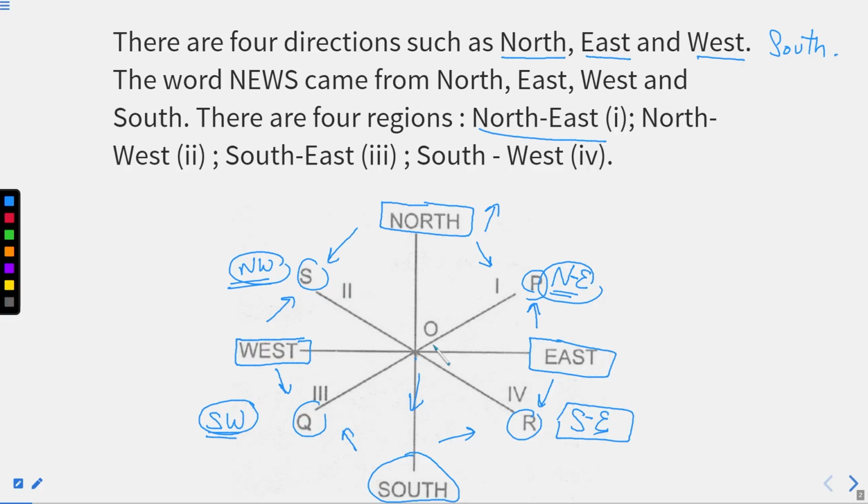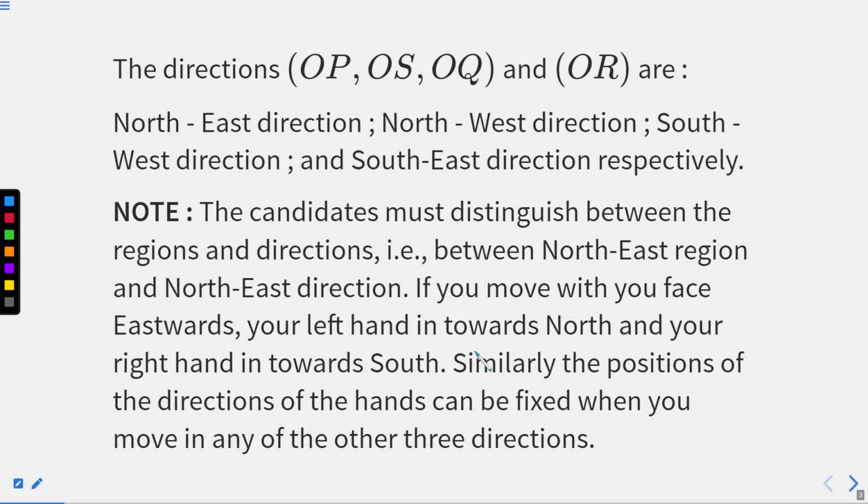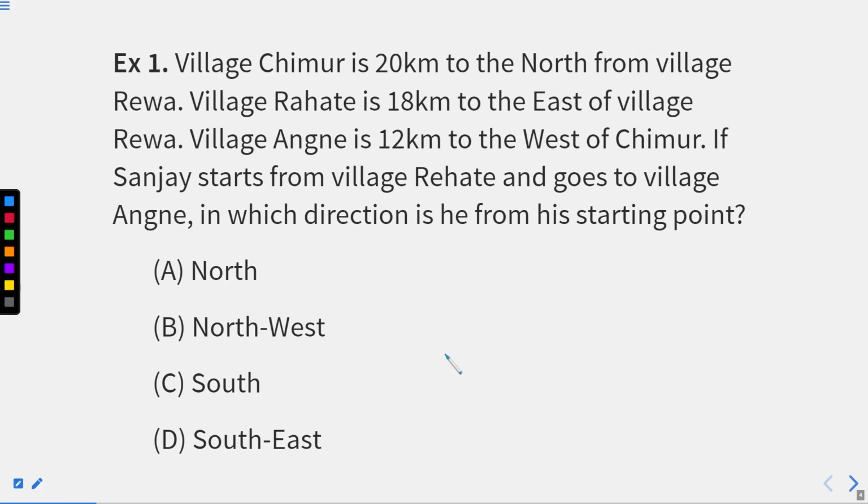I'll explain it with the help of this diagram. Like this is the center point, right? So if we are moving in this direction, this is the northeast direction. If we are moving in a straight line, and if we talk about this complete region, this complete area, the shaded one, then we call it the northeast region. I hope this diagram is clear, right? And this point is also clear, right? Now we are starting with question number 1, where I am explaining about the directions and how they change.